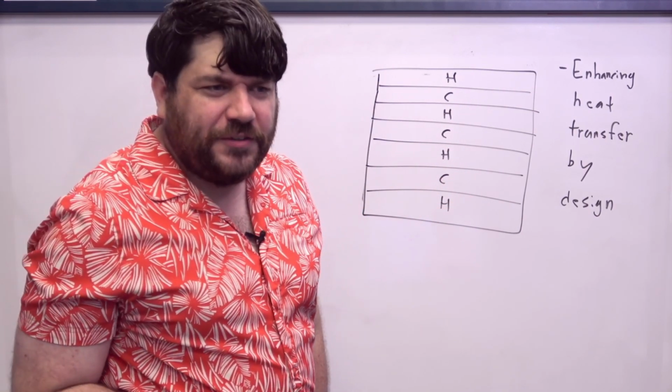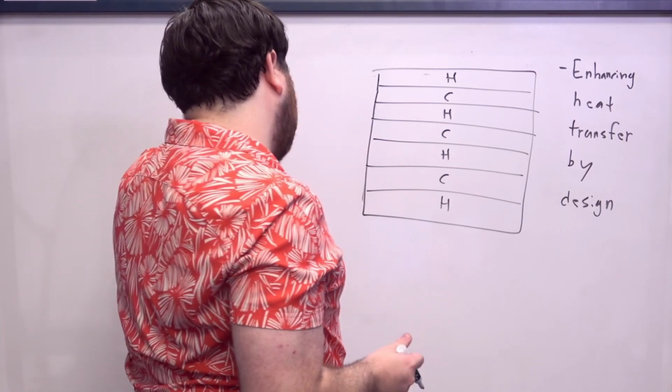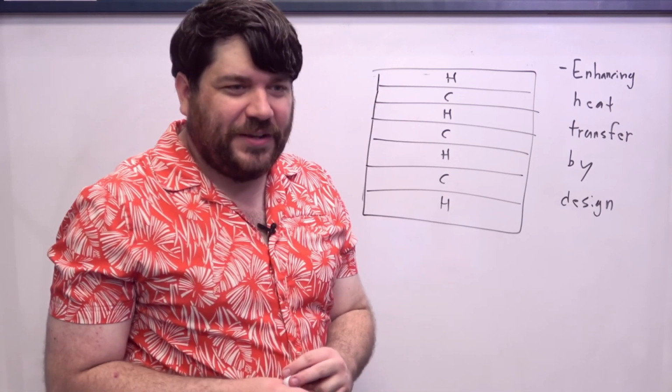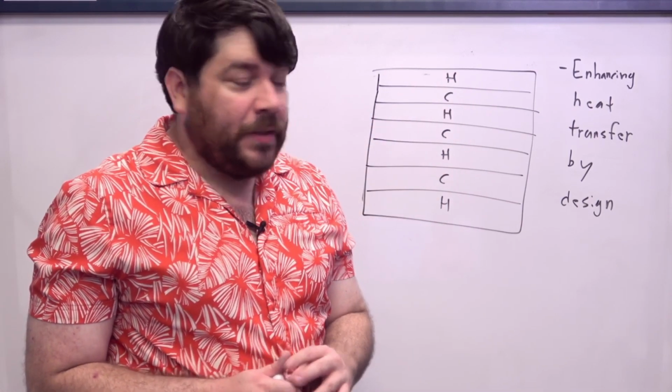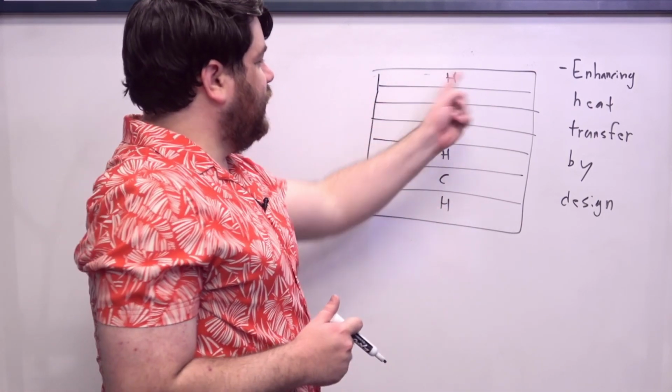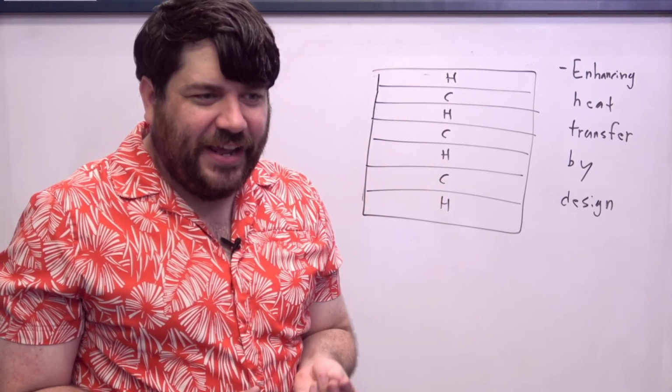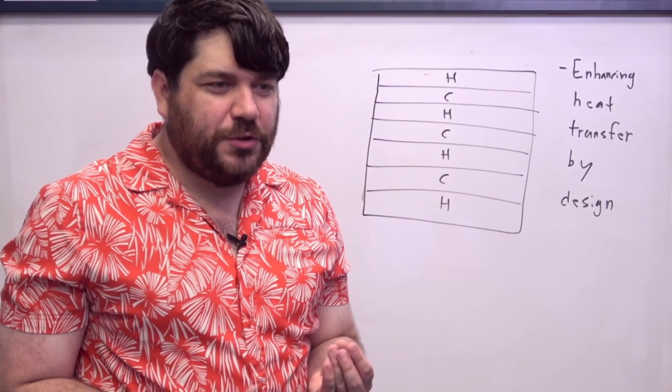And there are a couple of reasons that you might not want to do this. One of those reasons is the fact that manufacturing this becomes more and more difficult the more and more of this you do. But this still works. Each of these little layers provides an extra A, an extra contribution to the surface area